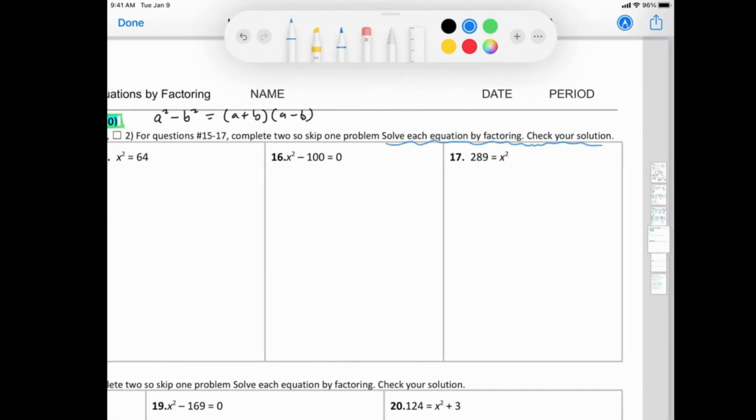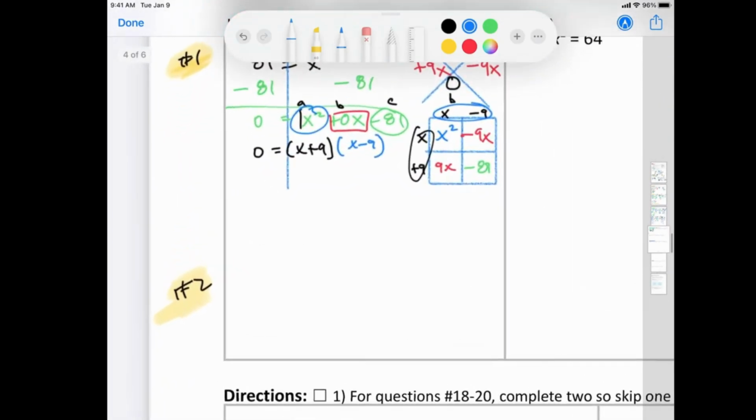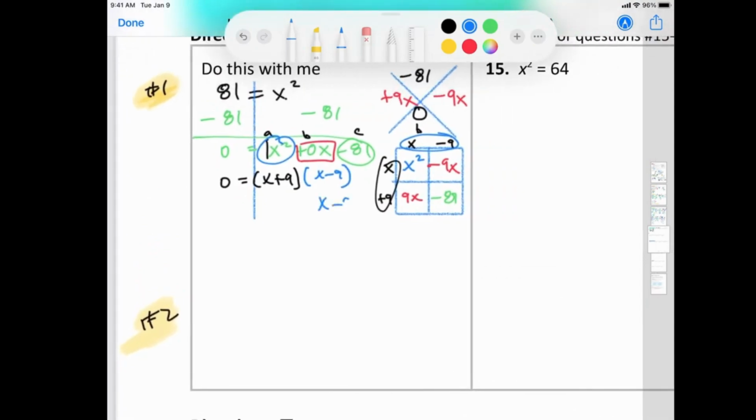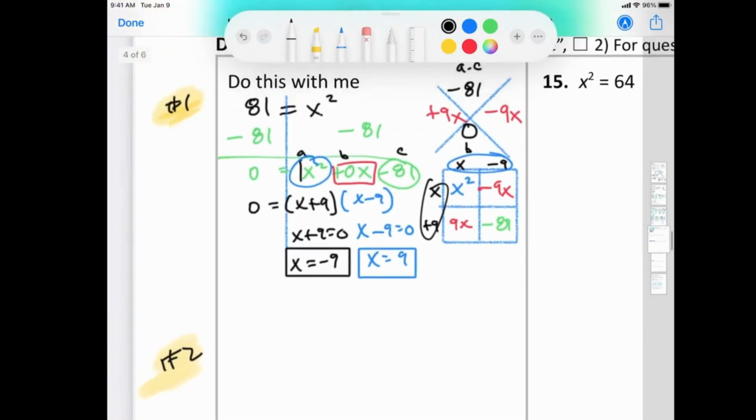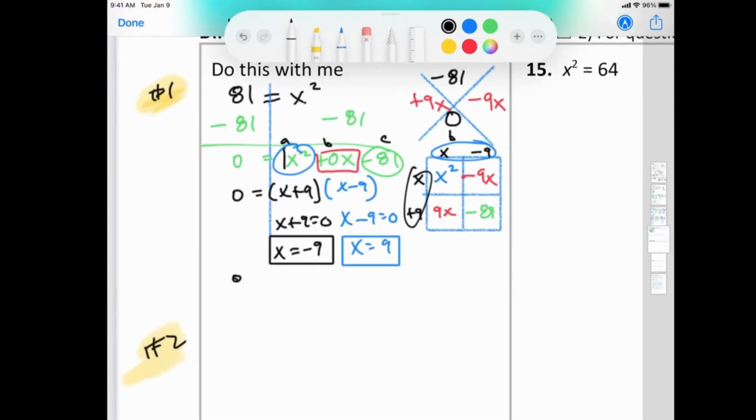Solve each of the equations by factoring and check your solution. Set it equal to 0 and solve. And then to check our answers, I can just put it back into the original equation. 81 equals negative 9 squared. And that is true. And this particular problem is also verifying why, when you do it by the square root method,